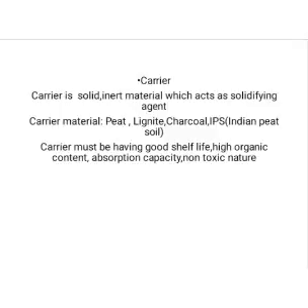Carrier. A carrier is a solid inert material. It acts as a support to live or to solidify.